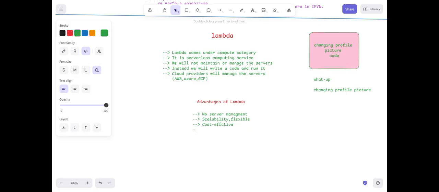But here we use it whenever we want. So the runtime and the storage capacity, everything will be decreased here. That's why this is one advantage that we have by using Lambda: you can reduce the cost. And one more advantage that we have is faster management.